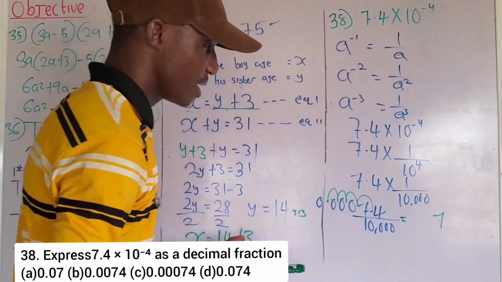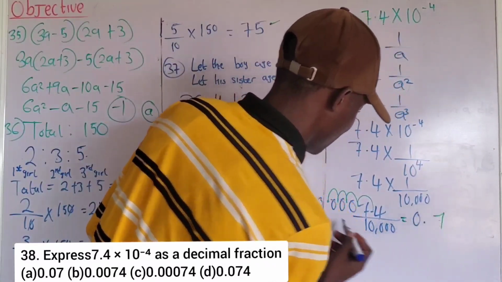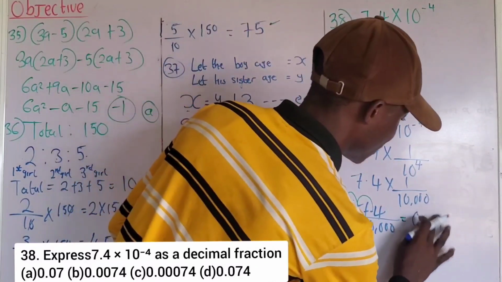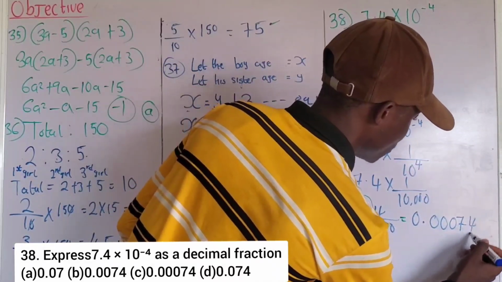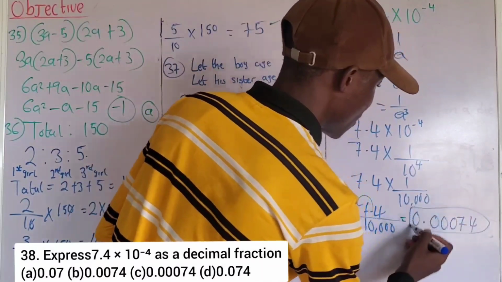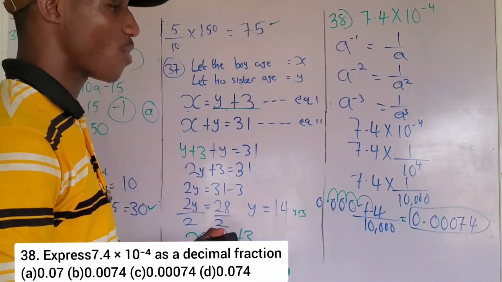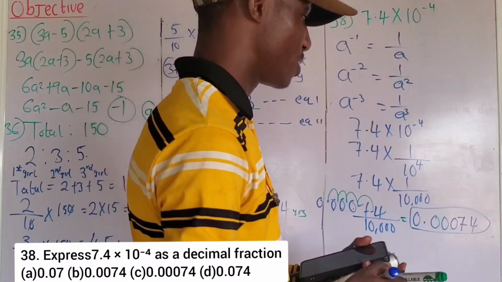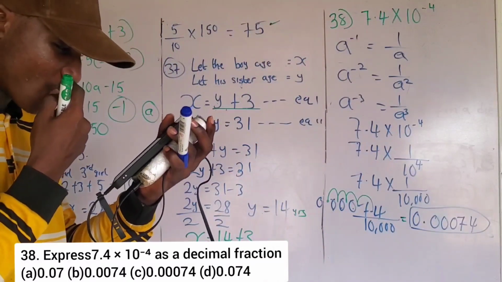So in that case, I'm going to have 0.00074. You understand? In decimal form, the expression 7.4 times 10 raised to the power of negative 4 is 0.00074. You understand? Okay. Now, if you check the options there, option A says